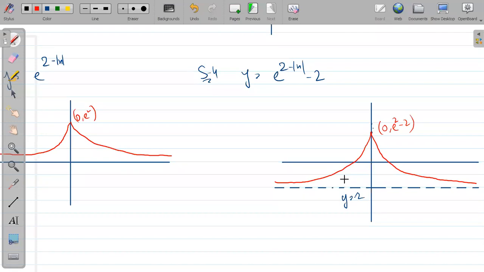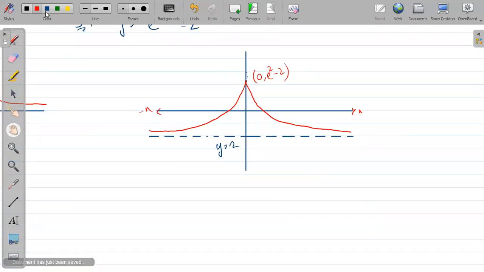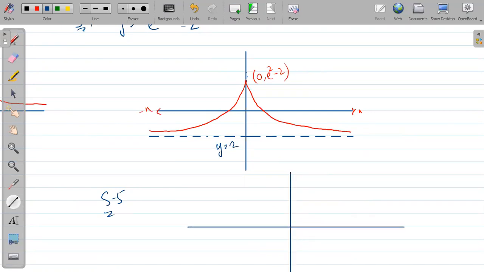Correct. So now you need to put mod over this. Since you need to put mod over this, what type of function are you getting? So it is about the x-axis: whatever is below comes above. Whatever there is in the negative y part, take the image of that and then remove the negative y part. So what will you get? Can you tell me? Yes, sir. Step 5 I am writing here. So step 5 I am getting somewhat like this.